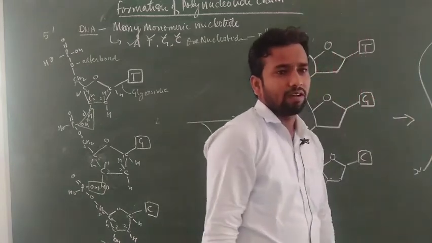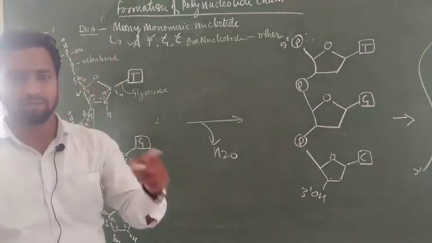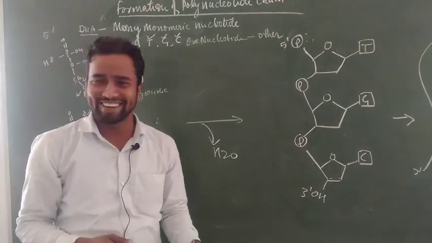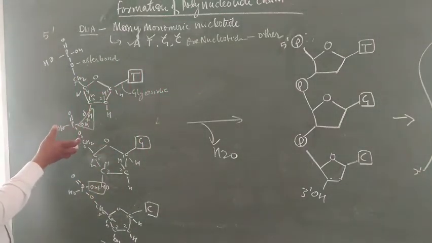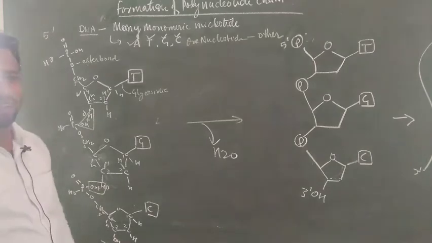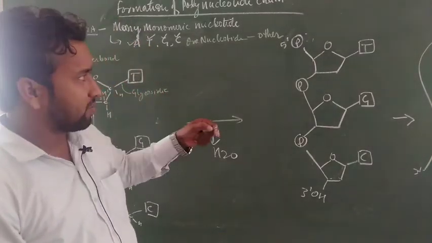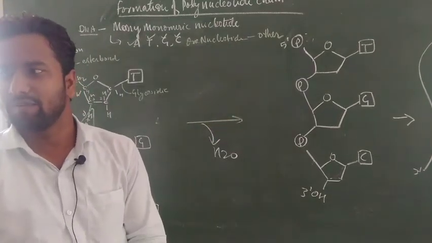So this one you have seen in previous classes. DNA is this type only, not this type of single strand. This is a complex structure of different compounds. I think in this class you will understand about this topic, about how DNA is formed, how nucleotides are joined,